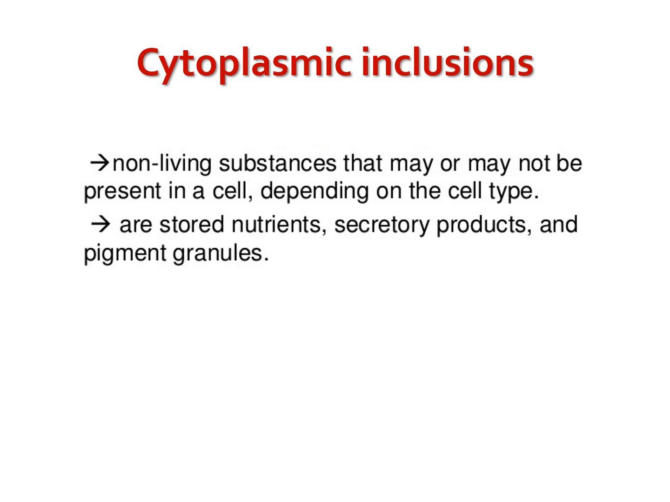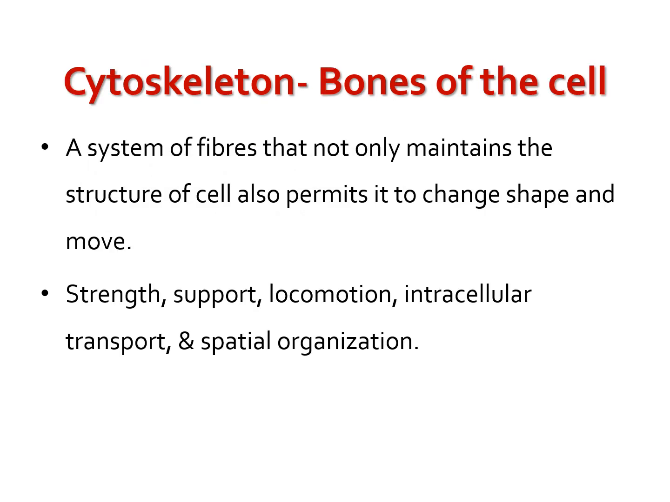The pigment granules like melanin may be present or may not be present in the cell. So these are called cytoplasmic inclusions. These are also present in the cytoplasm. So the next structure which is also present in the cytoplasm is the cytoskeleton, which is also considered as the bones of the